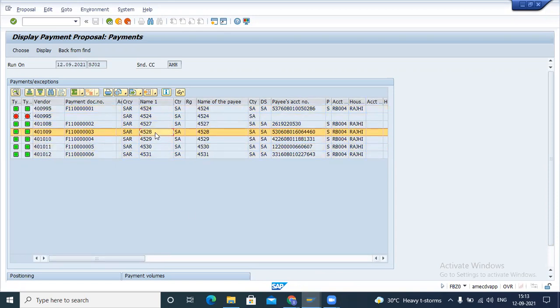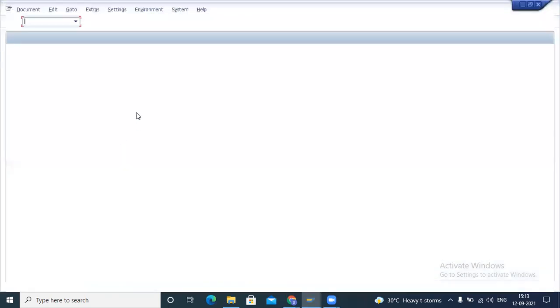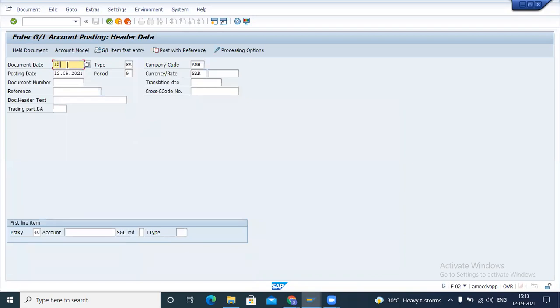We will get this number and we will put it there. But when we use F-02, it's automatic, it will show the payment. No, printing the voucher. Okay, I'm just doing one document.